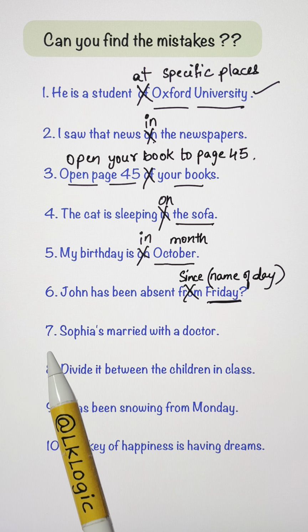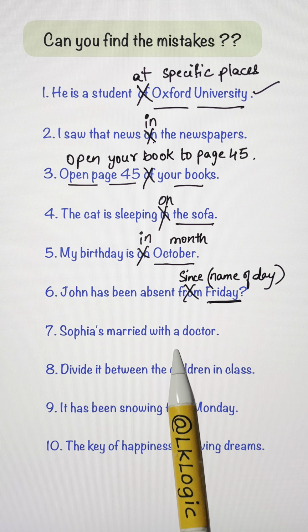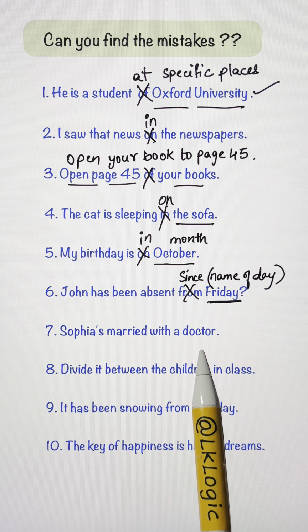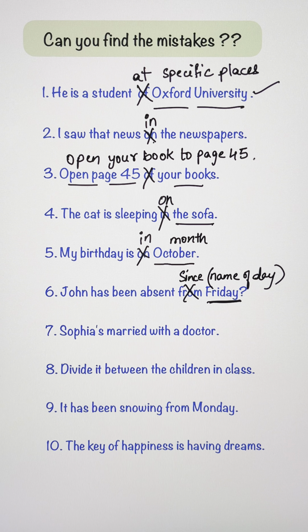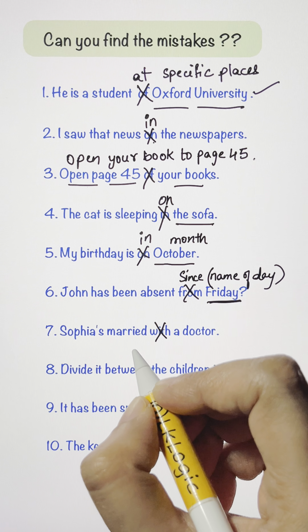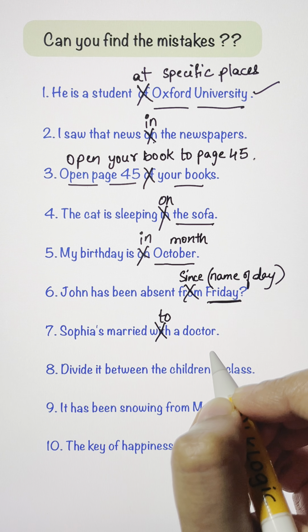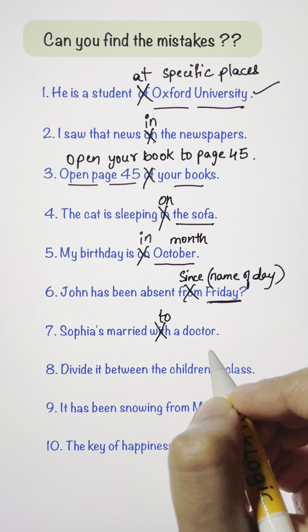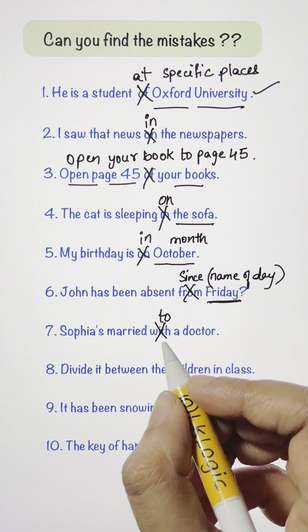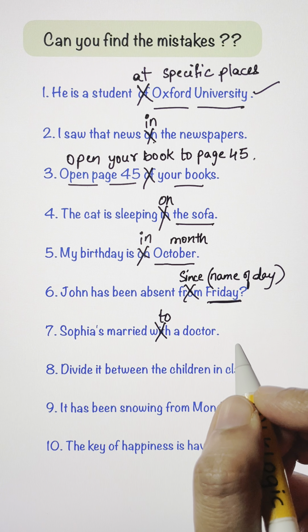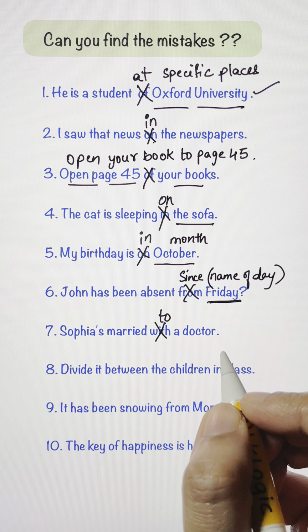Alright? Question 7. Sophia's married with a doctor. So, what's wrong in this? We don't say with. Yes, we say married to a doctor. Right? Why like this? Why do we say married to a doctor? Because married with is used when you mention two things. For example, I'll write